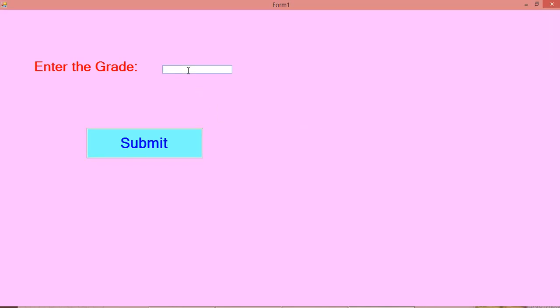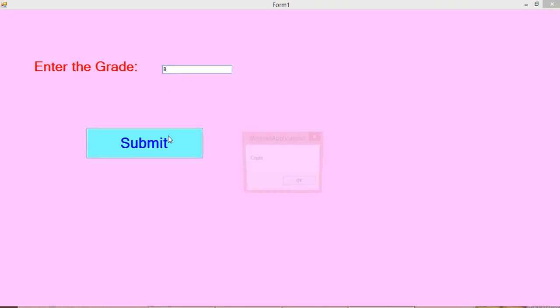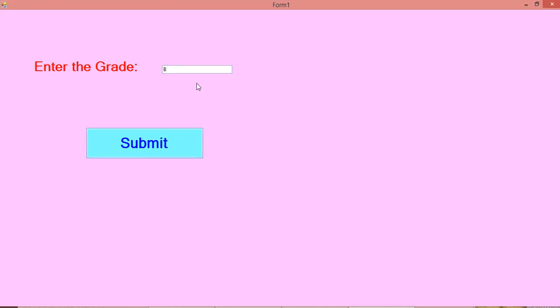Then it will be a B grade, right? B means it has to display the Credit message. Yes, it's also working. So C has to display Pass. Yes, it's working. Up to C we gave the conditions in the message box.